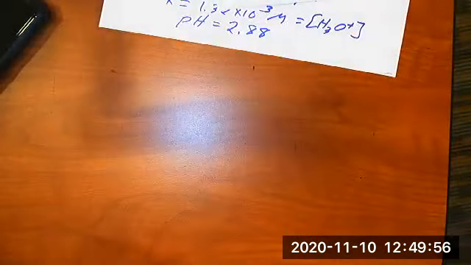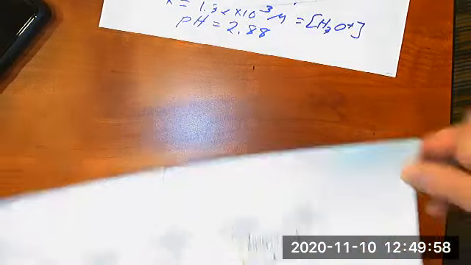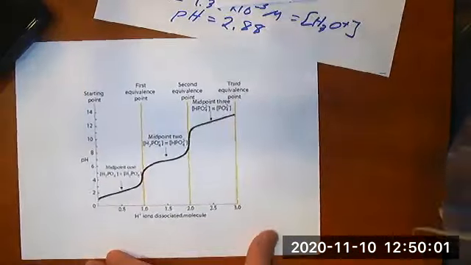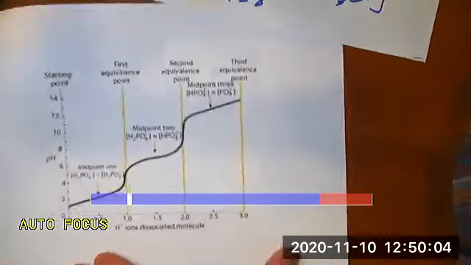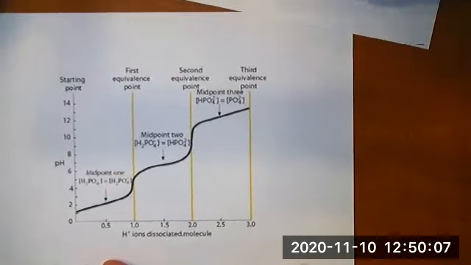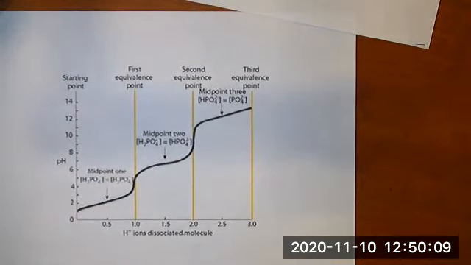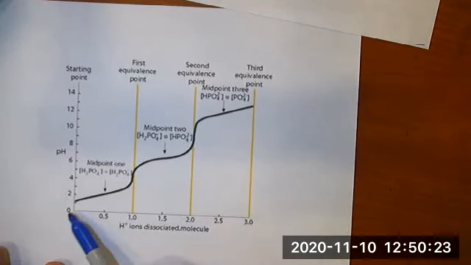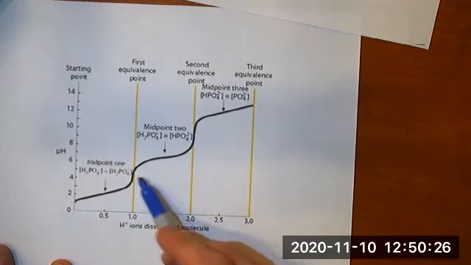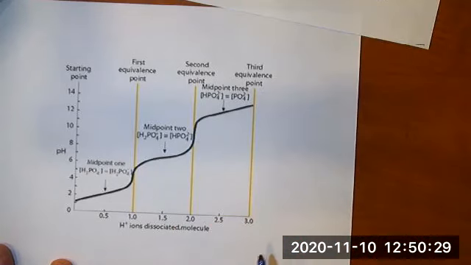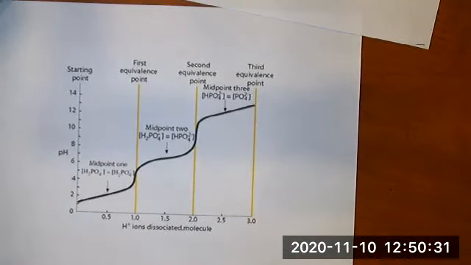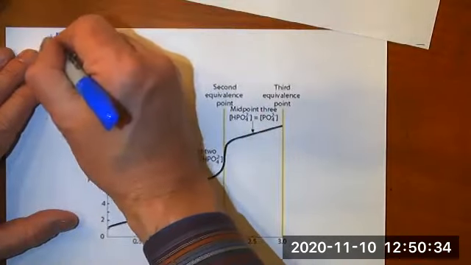Okay, so next thing I want to glance at is polyprotic acids. This example right here is phosphoric acid. And this is indeed one of the buffer systems that is talked about in detail in the small group activity that you're working on right now. In this case, we have 3 equivalence points corresponding to the 3 deprotonation steps. So phosphoric acid is